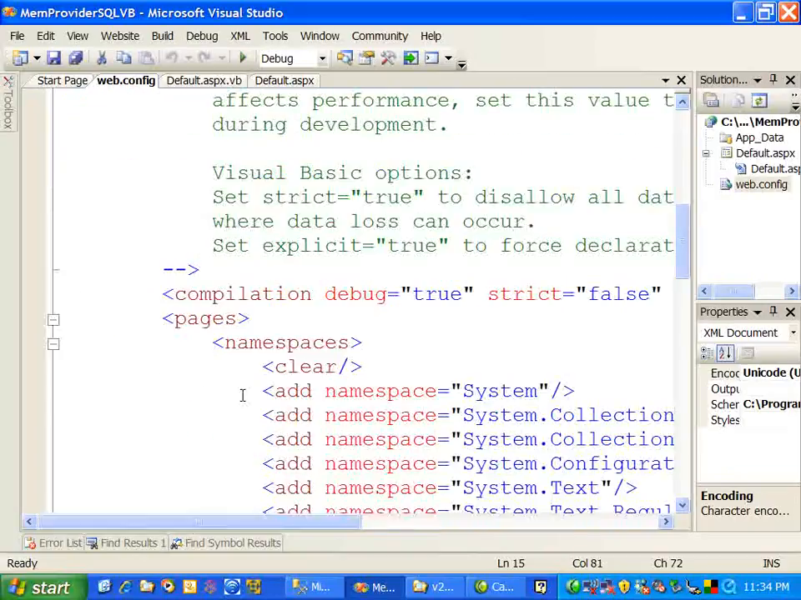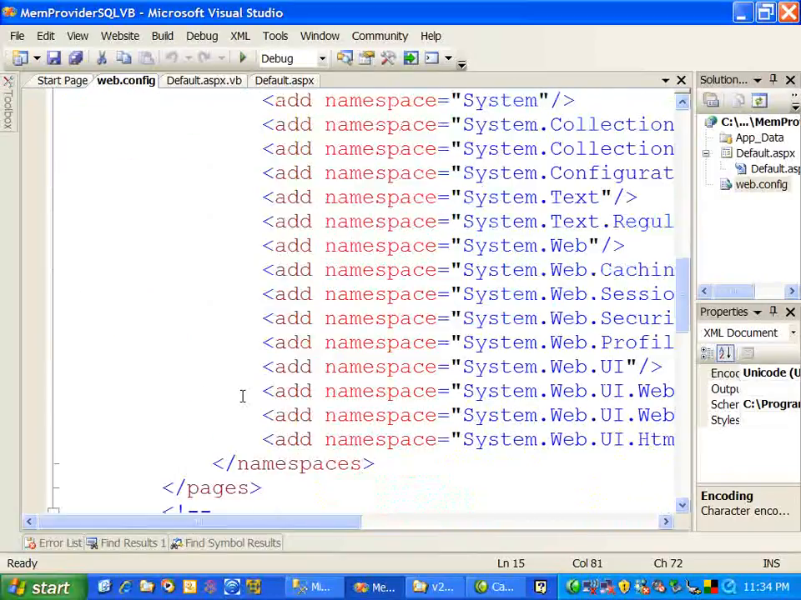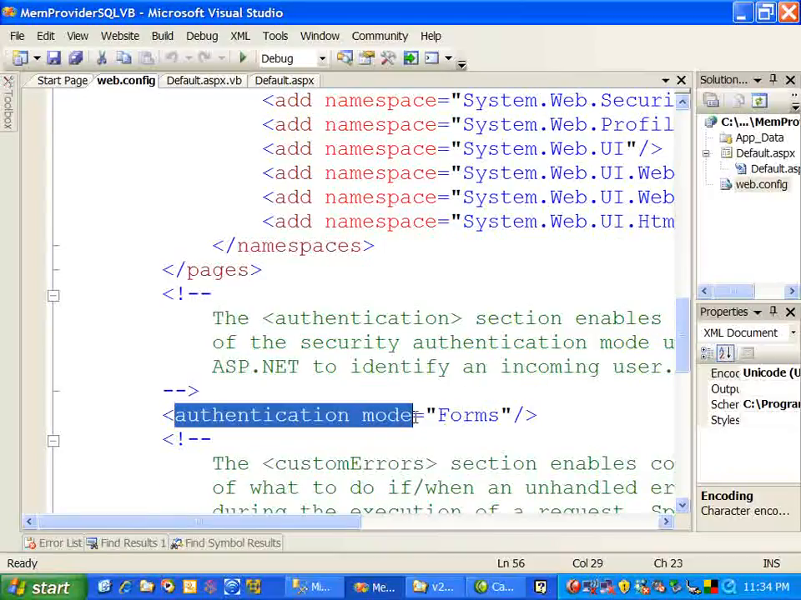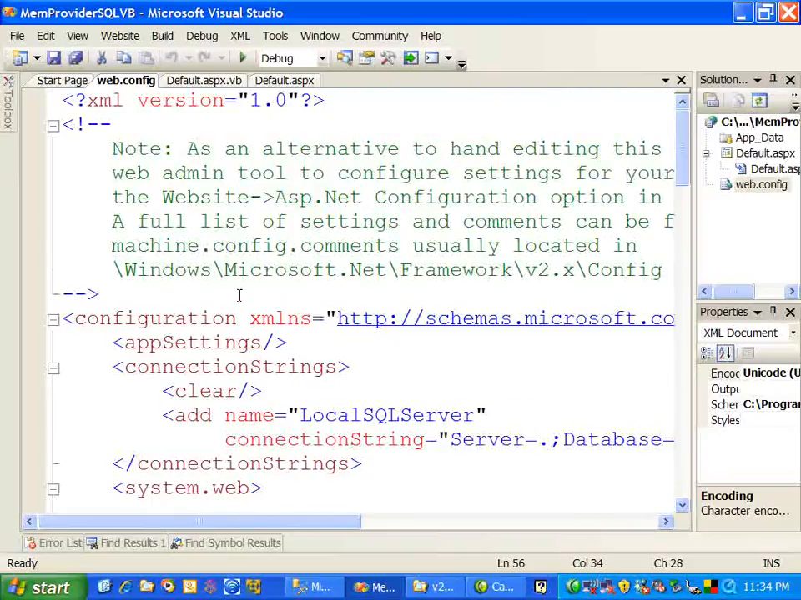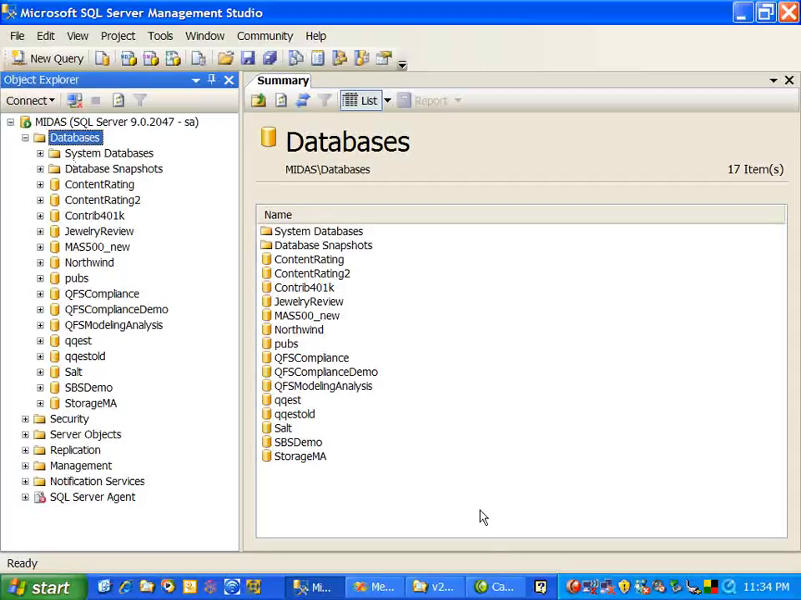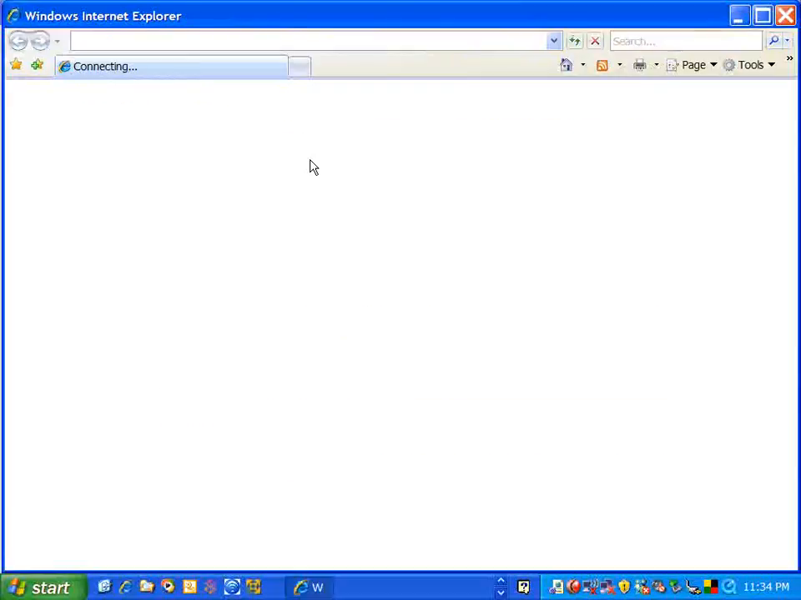Now, the only other thing I have to do to my web.config to make this all work is I have to set the authentication mode equal to forms. Defaults to Windows, so that'll be an edit you'll have to make. Nothing else has to change in the web.config. Let's try running the application now, knowing that when we look at SQL Server, that database doesn't exist. We start the system,